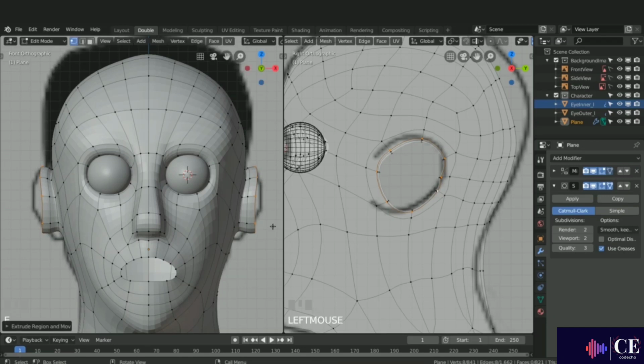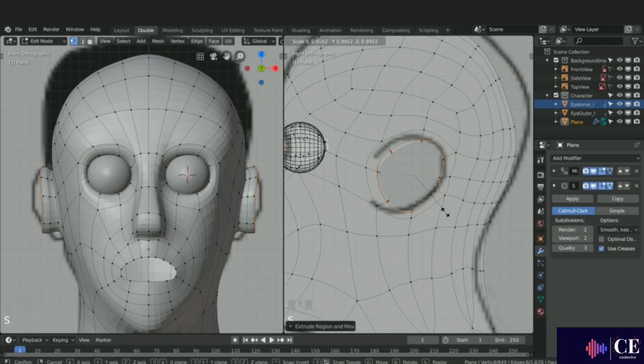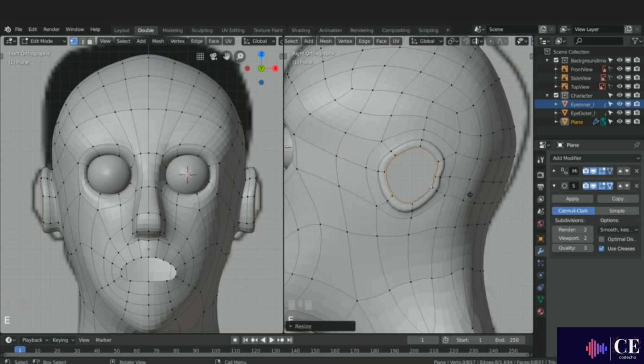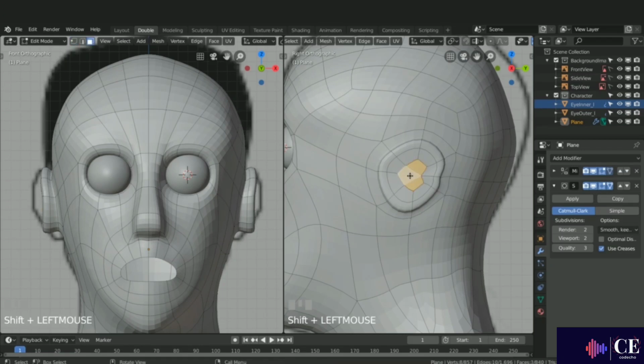drag that over, and over here I'll press E, right click and just scale that in a little bit. I'm going to press Z and come back to solid, and I'll press E again, right click and scale it in, and left click. So I'm just going to select these vertices here. So these 4 here, press F, select maybe these 4 here, press F, and finally I'll select these 4 here and fill that in. So if I press 3 for face select, I can select these 3 here, Control plus